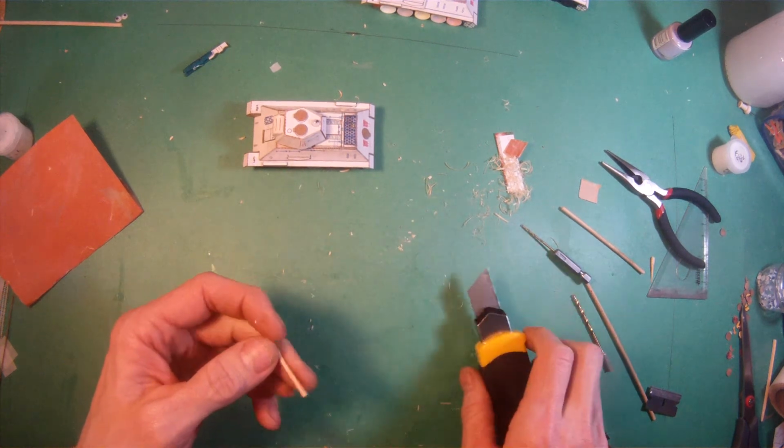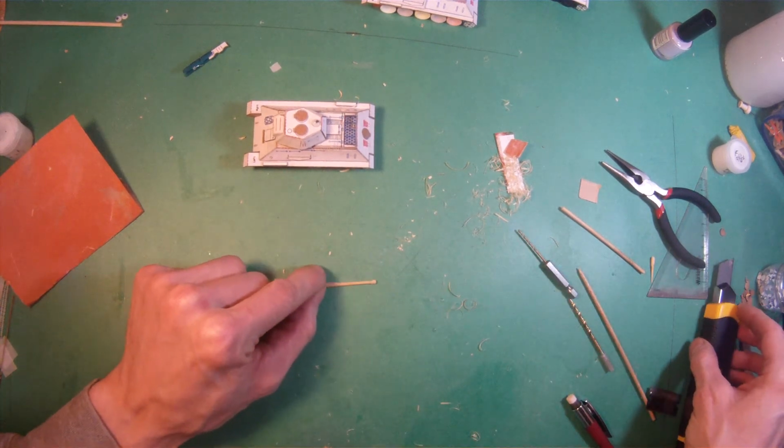Okay, so the gun is ready. Now we're going to install